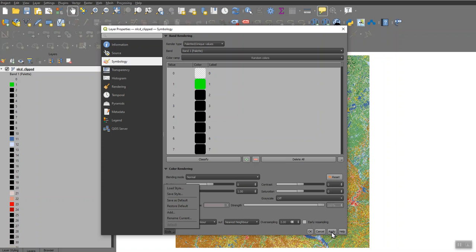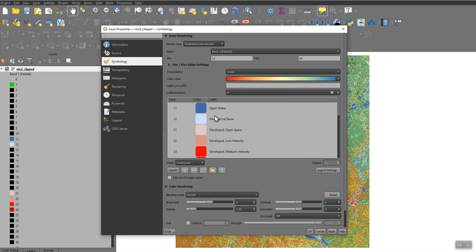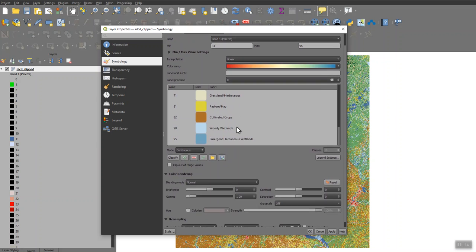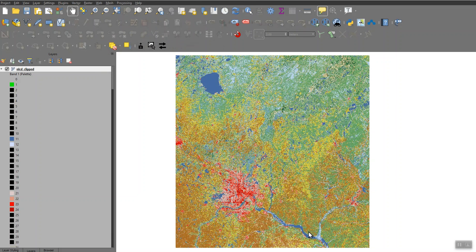Okay, so I would say this is a pretty simple project. Let's see, NLCD. The QML is the style file. When you load it, only the land covers that are present show up, and the most important thing is what land cover categories correspond to the colors. That's what gets loaded here. One thing to note, I think the only thing to note really about this map, is